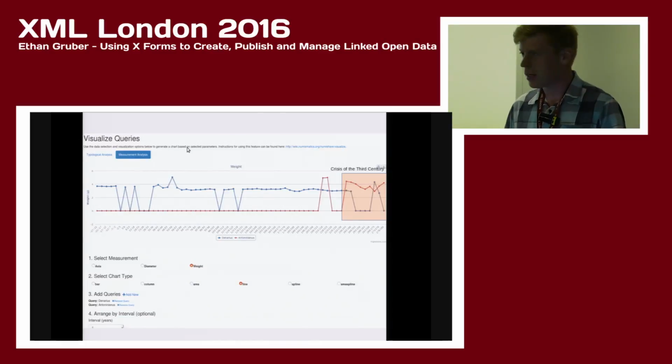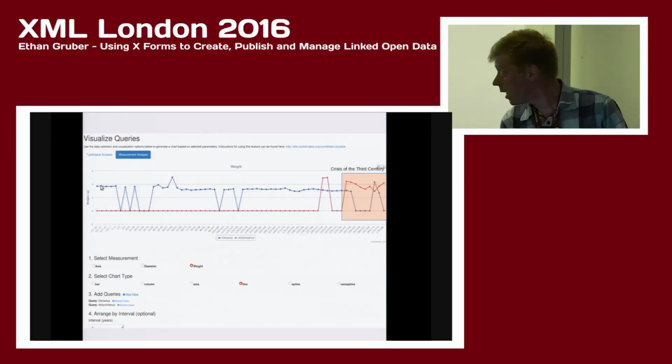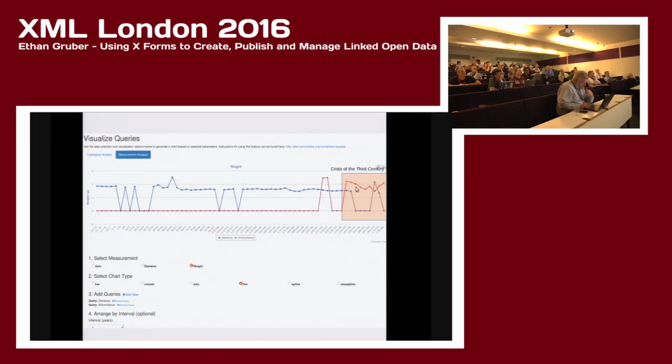It also allows us to harvest measurement data from partners and perform more sophisticated analyses, so we can observe the average weight of the denarius over 200 and something years and see how the weight changes over time. As you can see, as we get into the 3rd century, in the beginning on the left side, this is Augustus, and the weight is relatively standard, and then it kind of drops off a bit until they discontinue issuing